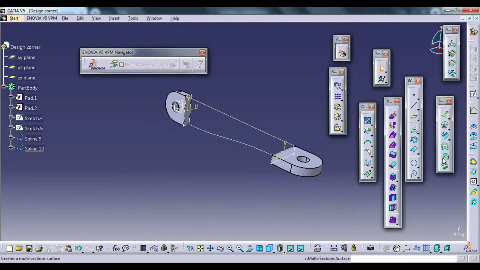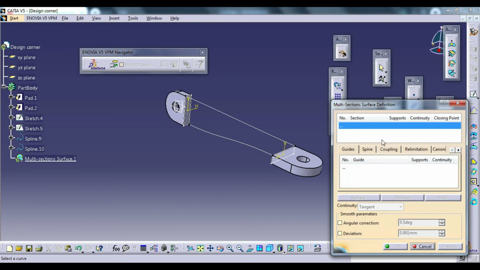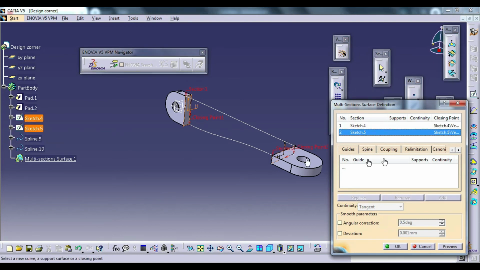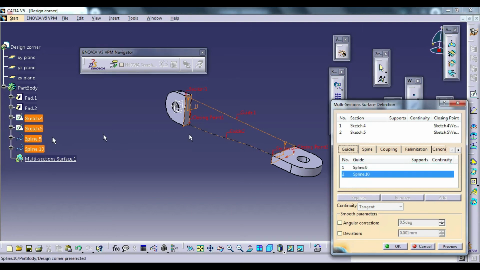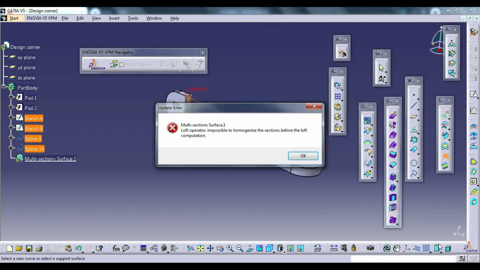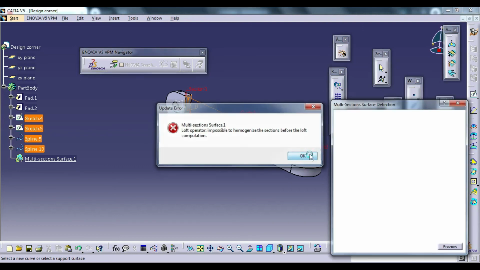After that, you click on Multi-sections Surface. Then you click the first profile, sketch 4 and sketch 5. After that, click on the guide curves, spline 9 and spline 10. Give the preview. It's not complete.